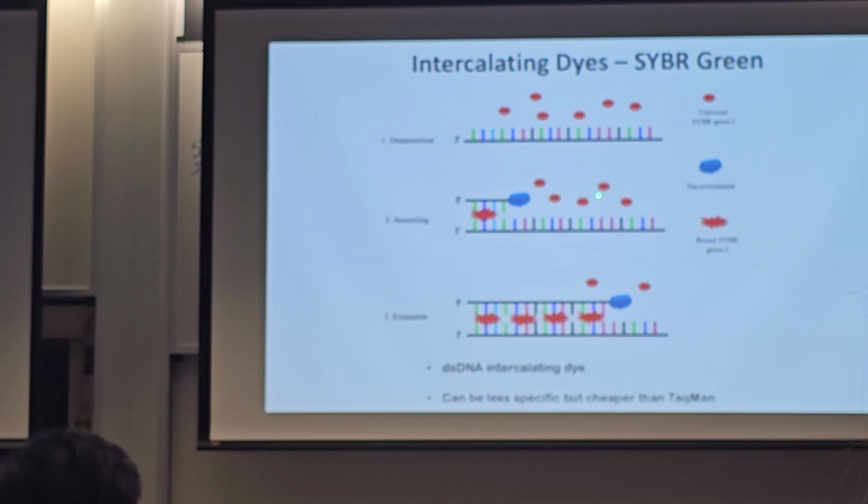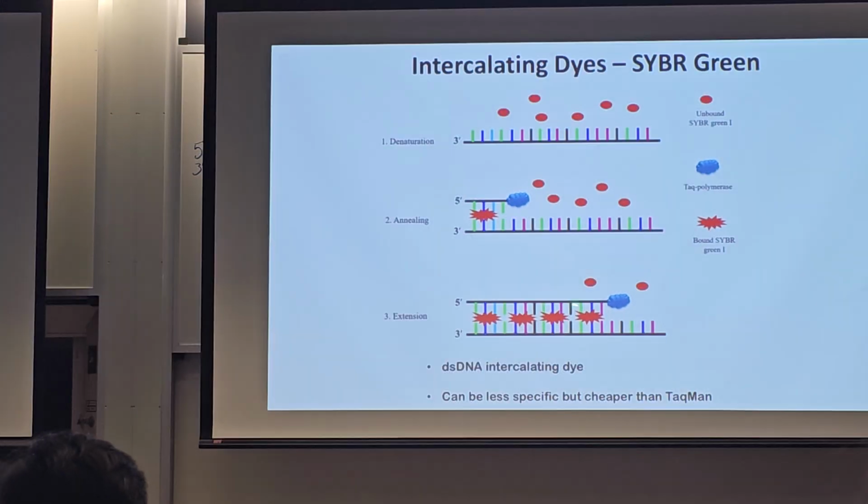And when they're in solution like this, they don't fluoresce. But when they bind to the DNA, when they intercalate, then they do fluoresce. And so that's what the little burst here indicates, that now we're getting fluorescence. So the more you copy, the more fluorescence you get. The more copies you make, the more fluorescence you get. Okay? So this is the way that the SYBR Green works, and it's definitely less expensive than the TaqMan approach,